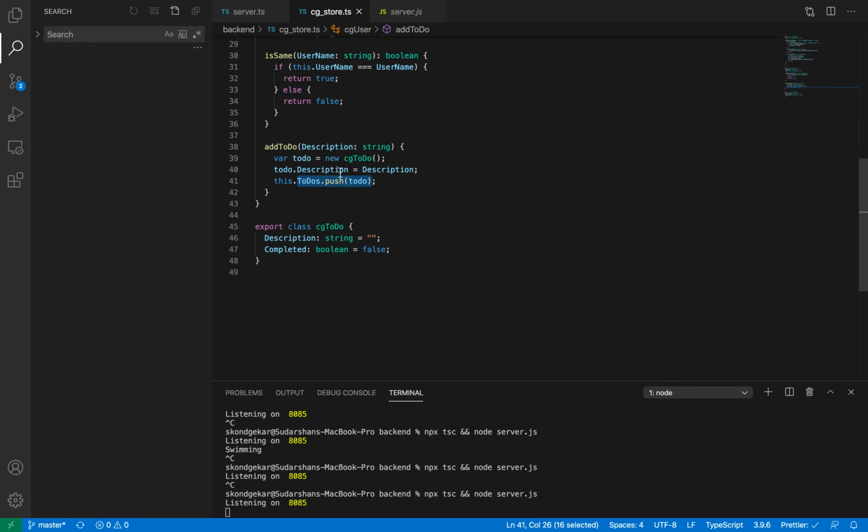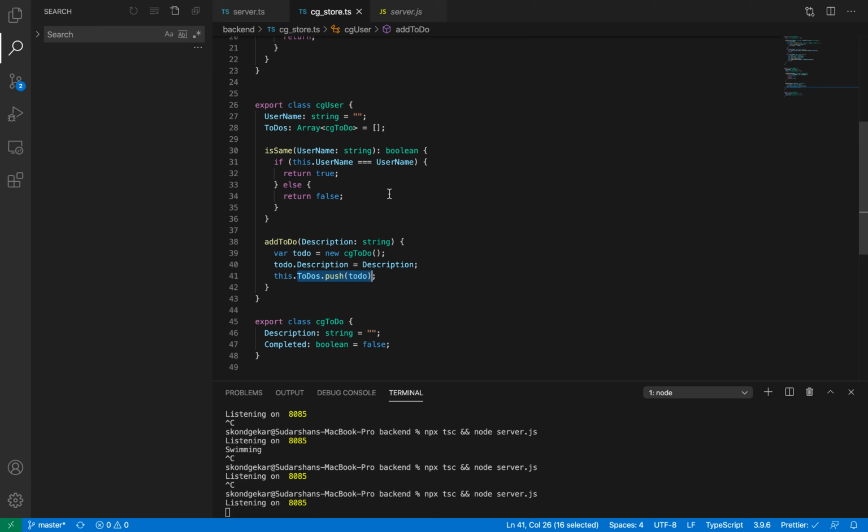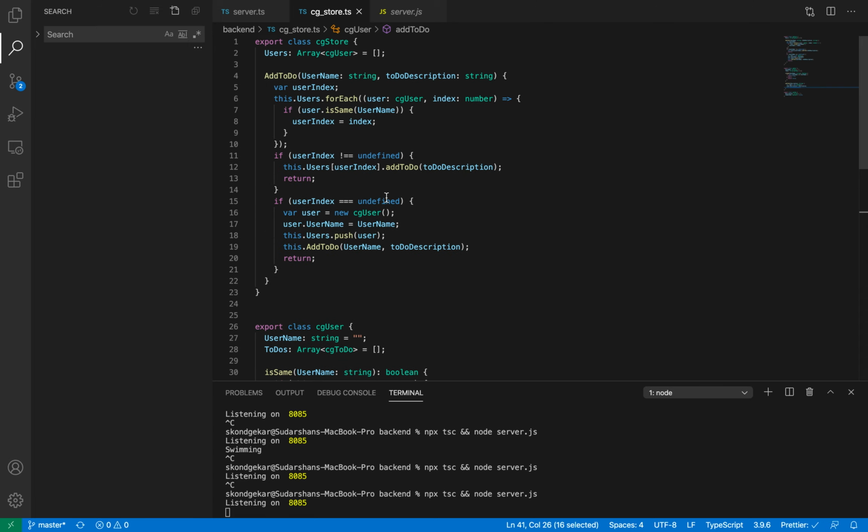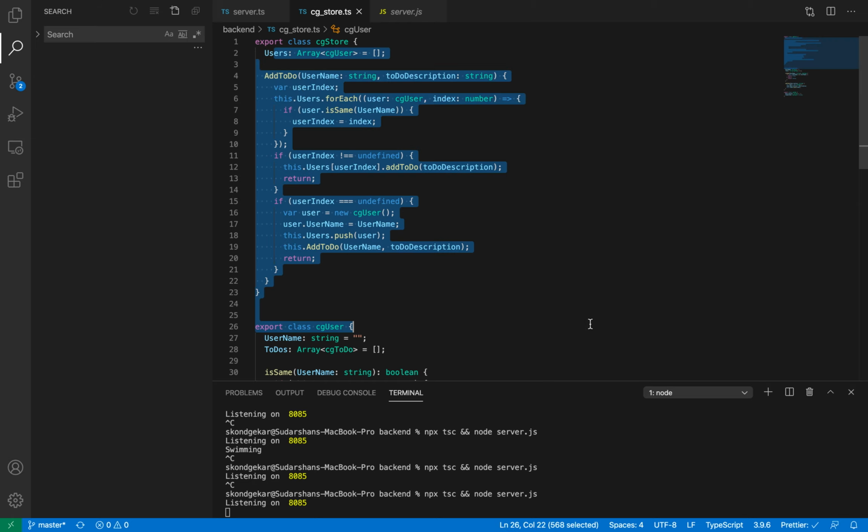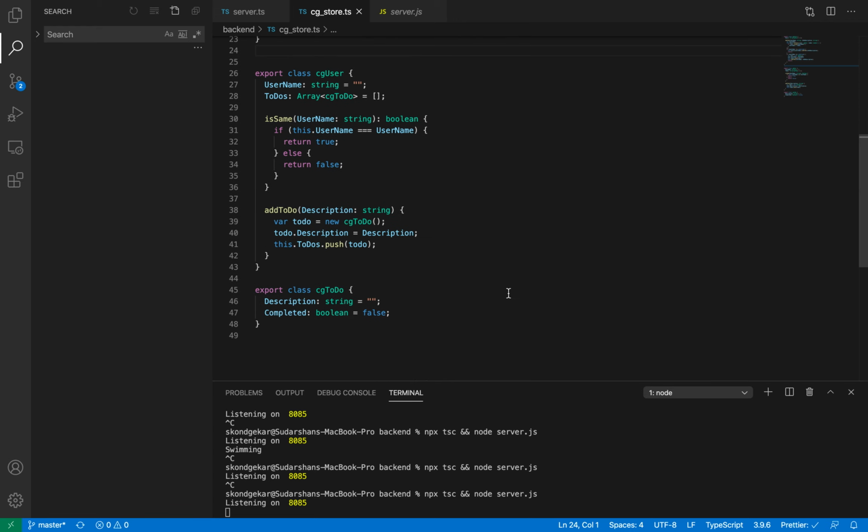But when we will be using databases, the same functions will be replaced to insert this data in a database. But it is a big topic, how to write a database query for MongoDB or MySQL. We will be covering MongoDB maybe in another series when we do backend programming. That is the one which is pending. Otherwise, everything else other than the databases is all what you see over here.